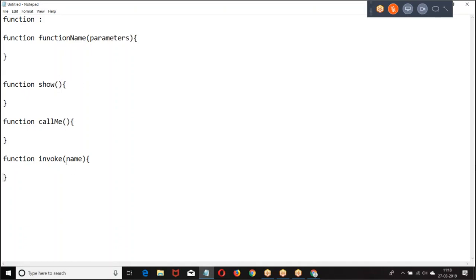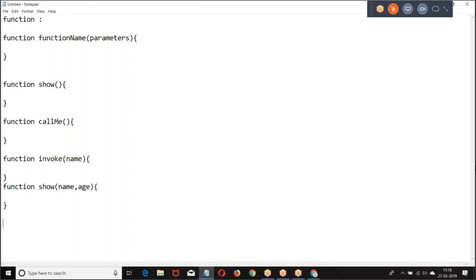Now here it is a var. Every variable is a var only, so there is no need to mention var. Straight away we can give the variable. I hope you're good. Function show name comma age. This is what we are giving.